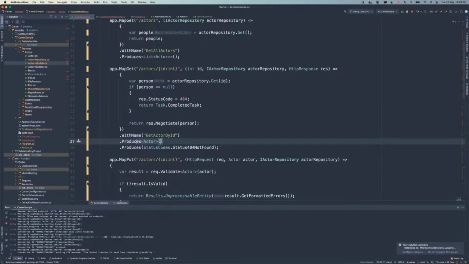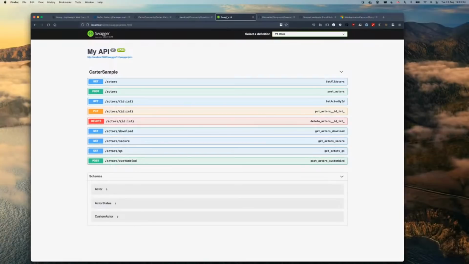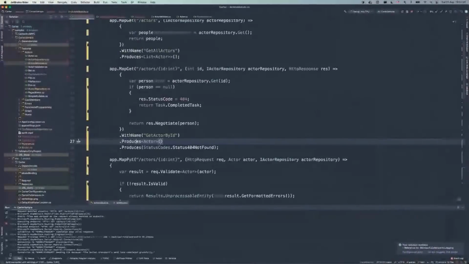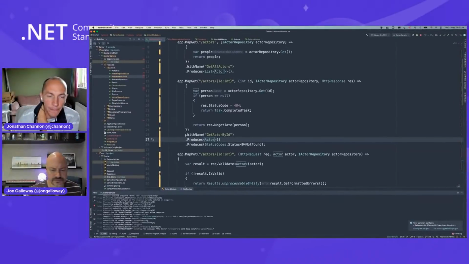You can tell it produces that response code, and then what you end up seeing is when you go to your OpenAPI Swagger UI, you can see that it appears in here. It shows the actor object there. Previously, like in MVC, you would have an attribute that did that, but this is maybe a bit more explicit. And so yeah, this all comes for free with minimal APIs.